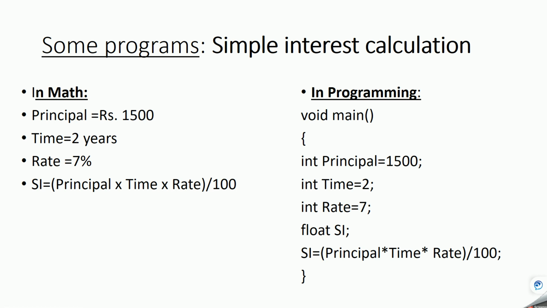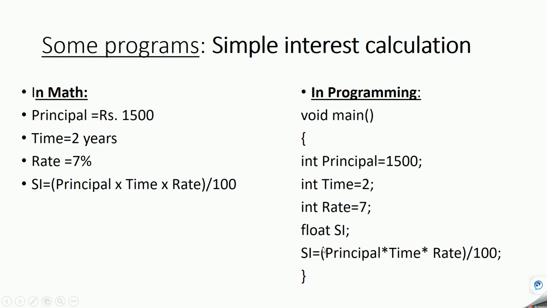Suppose there's another program that we want to write, like calculation of simple interest. In math, we calculate the simple interest like this: simple interest will be principal into time into rate, divided by 100. The same thing in a programming language will be written as: first we give the values of principal, time, rate, and float,